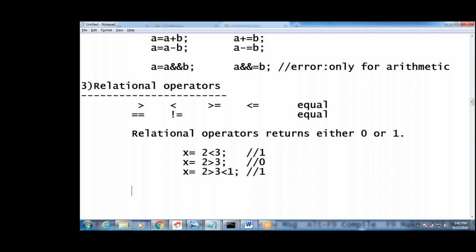That is 0.00 or 1.00. If I declare x as float, then it returns the value 0.00 or 1.00. That's all. For example, x equals 2 plus 3 equals 5. Then what is the answer, guys? What is the x value? Now example 2. Tell me what is the x value in this case.